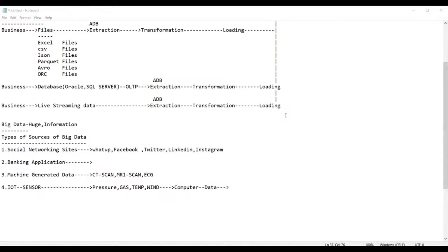What do they do exactly? They measure the wind. Those fans are nothing but machines, sensors only, and they are connected to computers. Whatever is recorded, the data is transferred to the computer, and from the computer the data is kept into files, and again it is transformed further for analysis. So basically this is how the process moves on here.